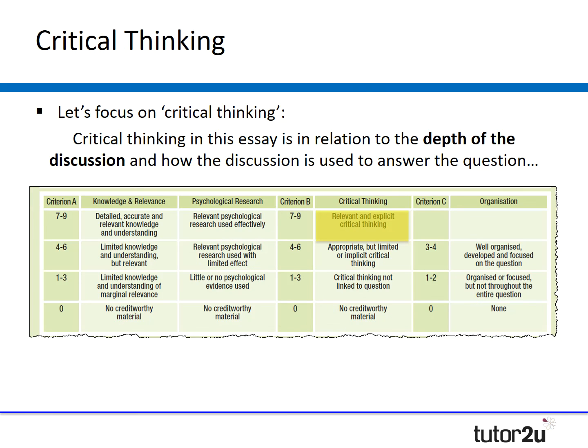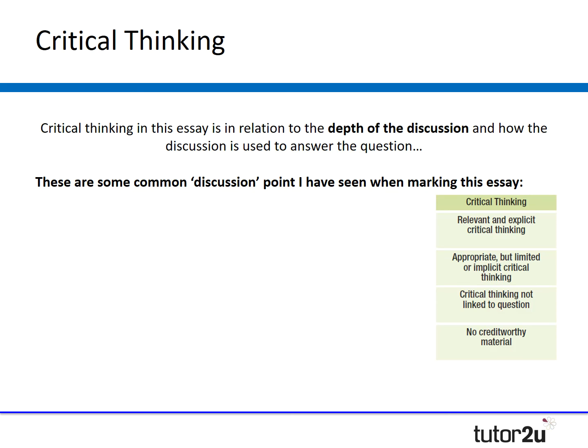So critical thinking in this essay is in relation to the depth of your discussion. And remember, when we said discuss earlier, we said that means strengths and limitations, and how you use that discussion effectively in your answer. So you're drawing on strengths and limitations and saying how and why they're a problem for brain imaging technologies. Now, in terms of some common discussion points, I've marked loads of these essays over the years,